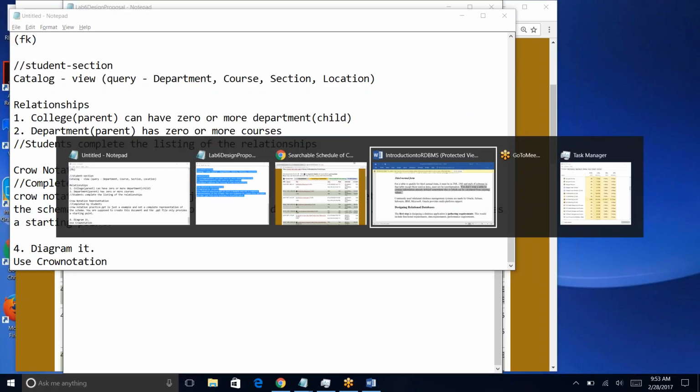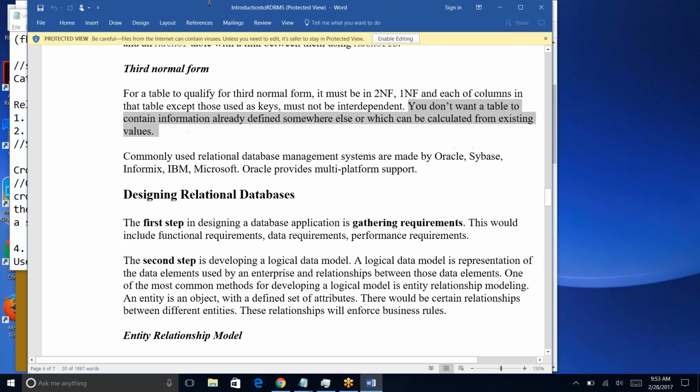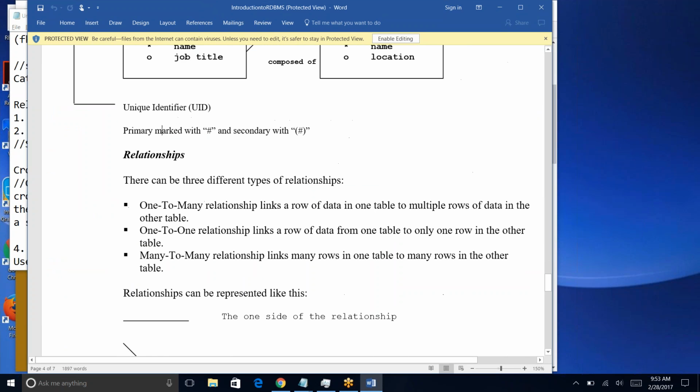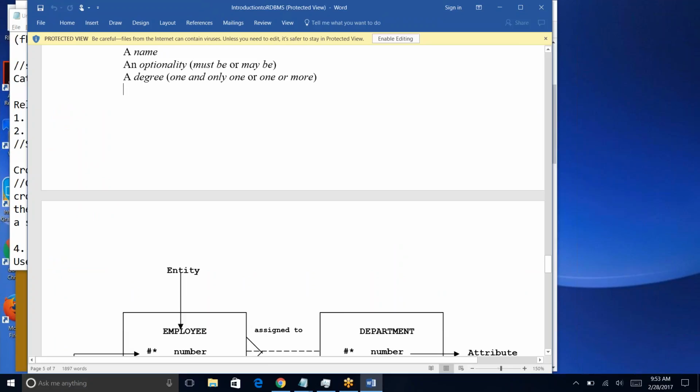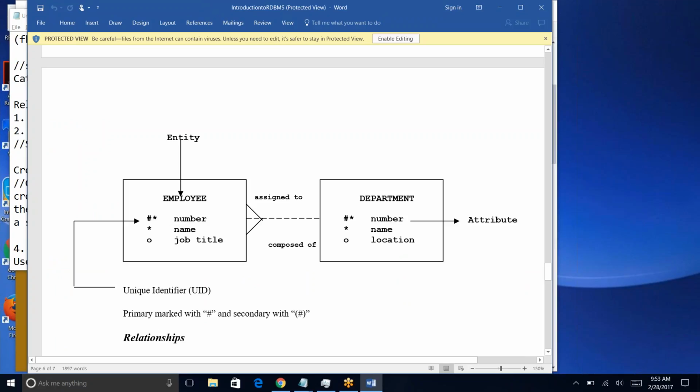So let's first look at it in the Intro to RDBMS doc, how the notation is done. So it's clear. So here is one example. We put the name of the entity on the top. We put all the columns, column names, and then we use these